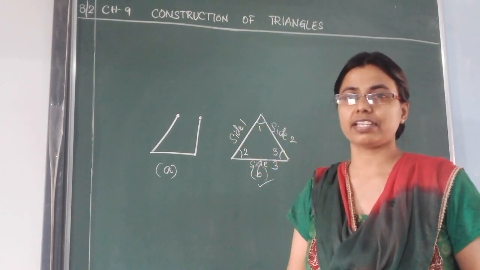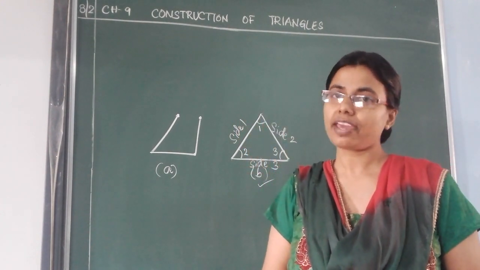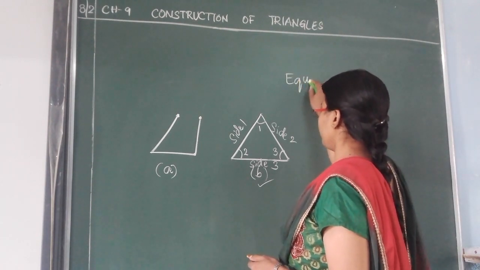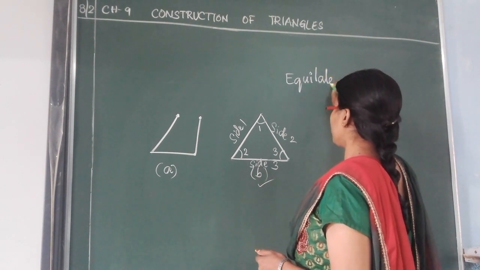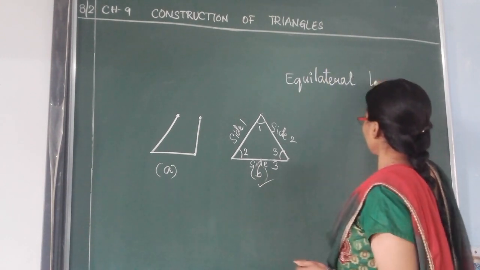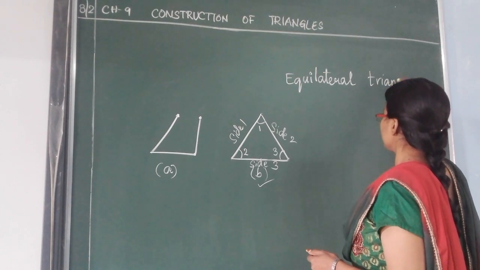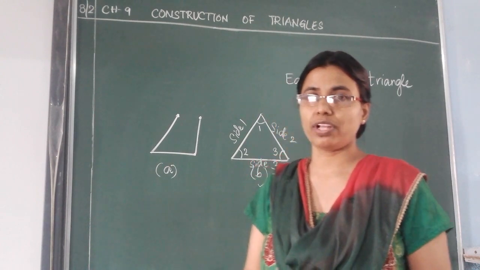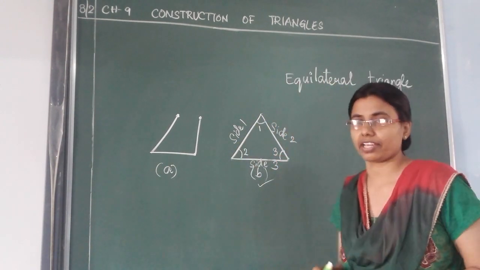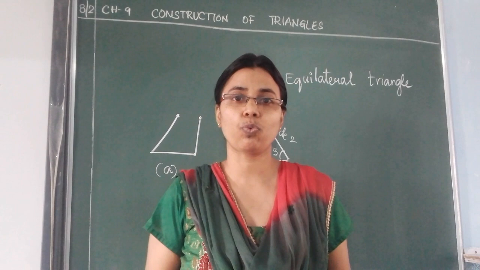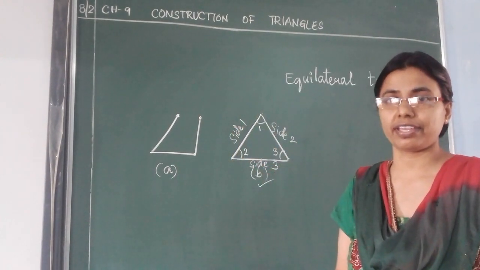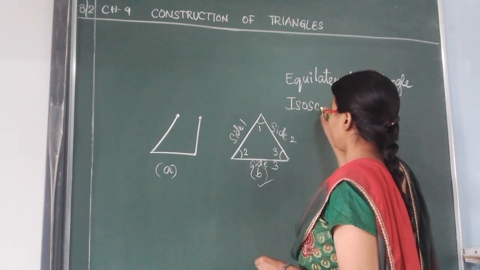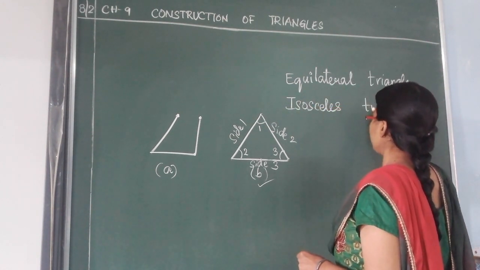When all the sides are equal, that sort of triangle is called an equilateral triangle. Why is it called an equilateral triangle? Because all sides are equal. When 2 sides are equal, what do you call that triangle? It is called an isosceles triangle. What is it called? Isosceles